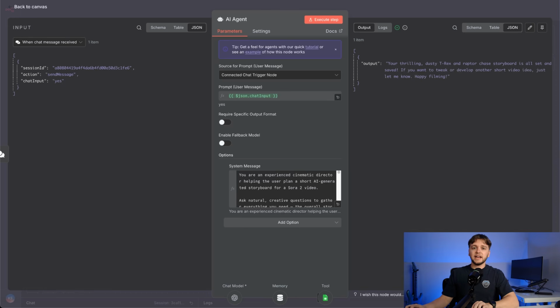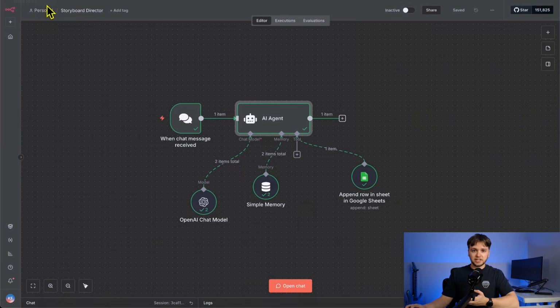So here in n8n, we'll be chatting with our AI agent, which under the hood is just an OpenAI ChatGPT with memory and very thorough system instructions. Basically, it's tasked to act as a movie director and brainstorms the movie scenes with us. We can get it to create pretty much any short video we want, and my favorite part about this is